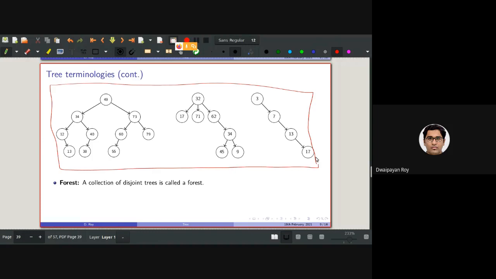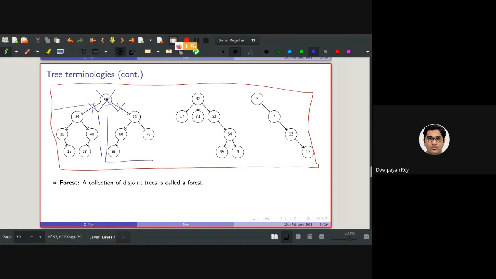Now one specific question to you. If I just remove this, what will I end up with? Let's consider that this link is broken and I have removed this 49 node. Basically there will be this subtree only and this subtree only.